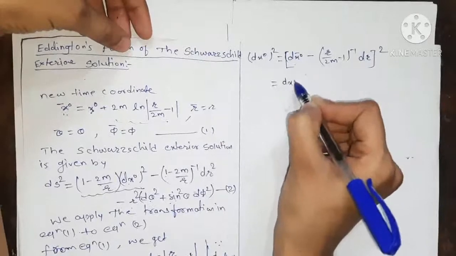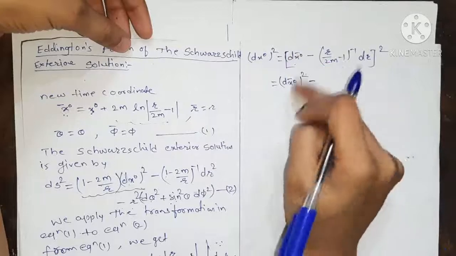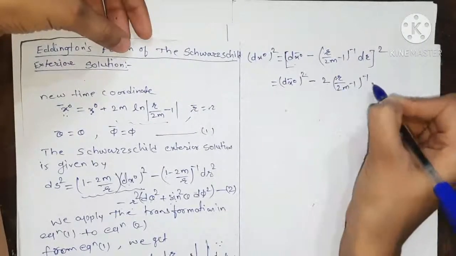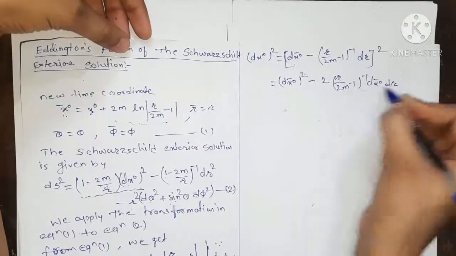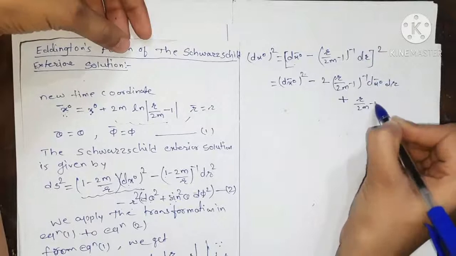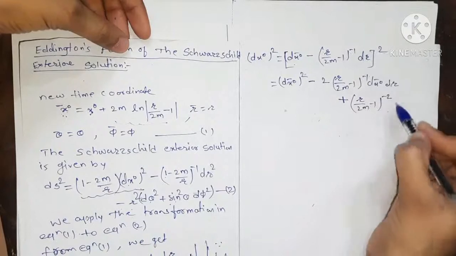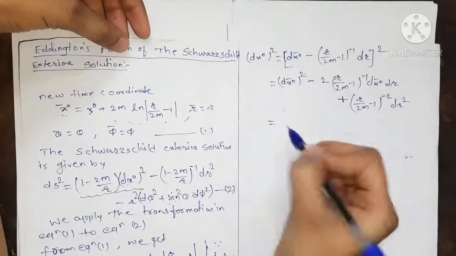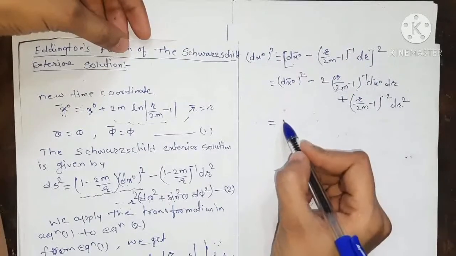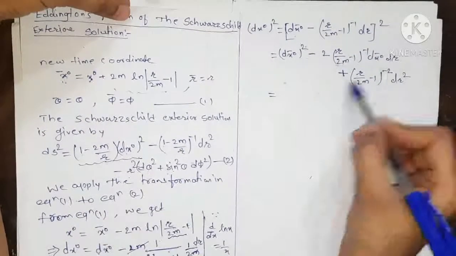So it is dx0 bar its square minus, first term square, minus twice into r upon 2m minus 1, its inverse, dx0 bar into dr, plus r upon 2m minus 1, its square. Its square means minus 1 to the power 2. So it is minus 2 dr square. This is equal to. Now we can take the r upon 2m common from this bracket. Firstly, we multiply this by 1 minus 2m upon r,